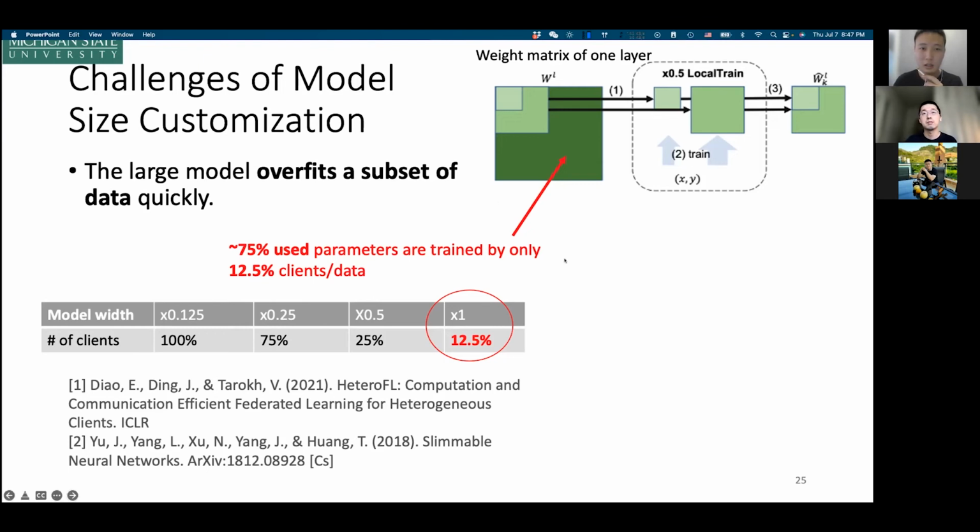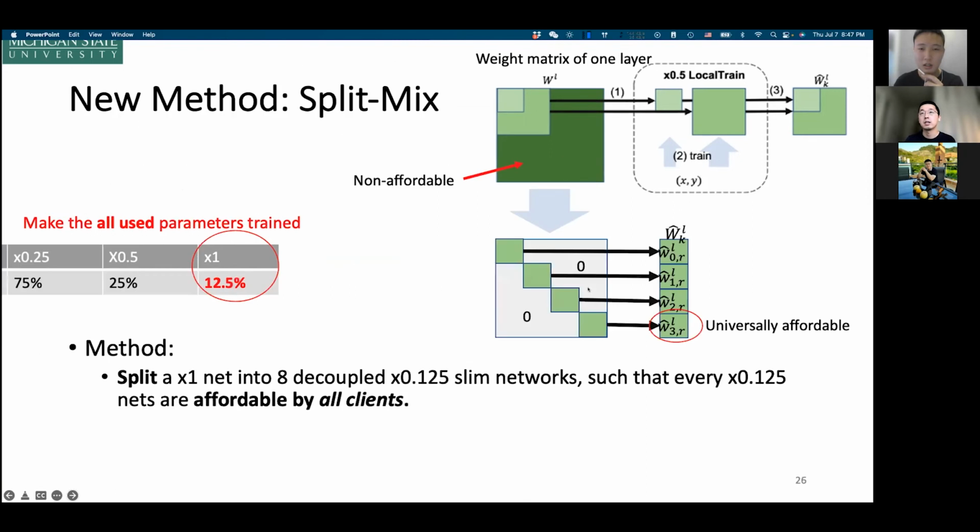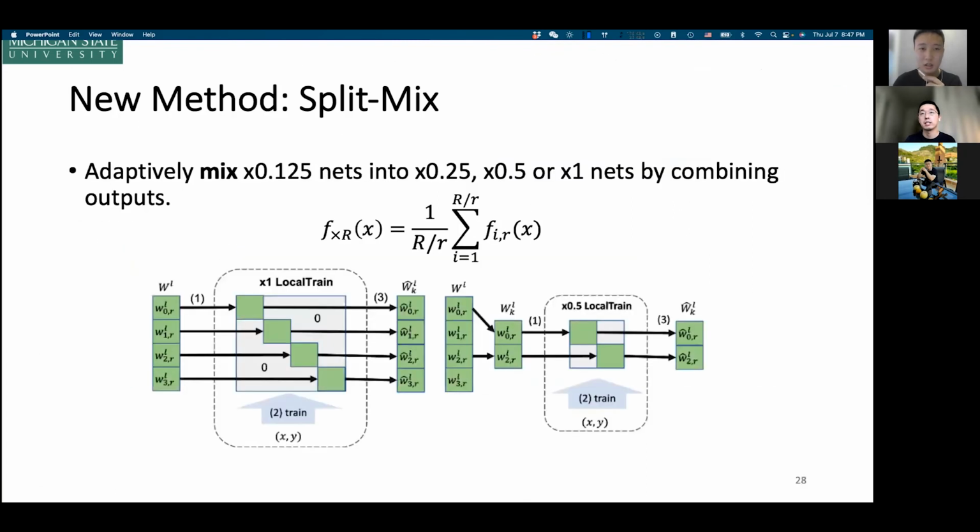So what's the difference? I'm not very clear about what you mean by a specific part of the network. At inference time, actually, if you want a half width network, you will select two subnetworks to ensemble into a single larger model, right? So what do you mean by specific part of the network parameters?